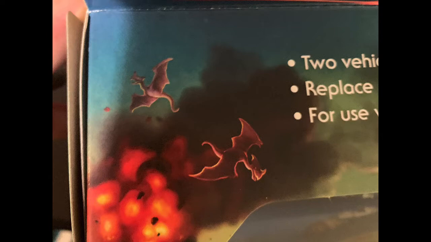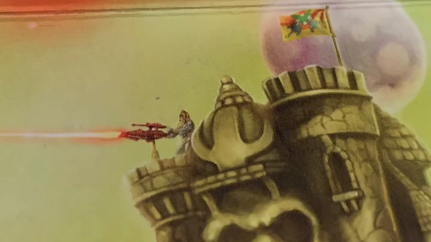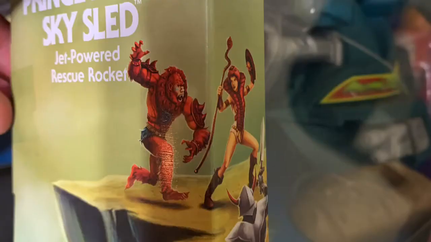And then if you pan down here, we've got some monsters coming off of lava and the volcano. On this side here, we've got Castle Grayskull. It looks like Stratos is defending it against Merman and some other generic bad guy here. Looks like we got Man-E-Faces up on the top of Castle Grayskull, manning the laser blast. On the side here, we've got Teela in a heavy-duty battle with Beastman, kind of off in the corner of the box. And if we flip this bad boy around here,